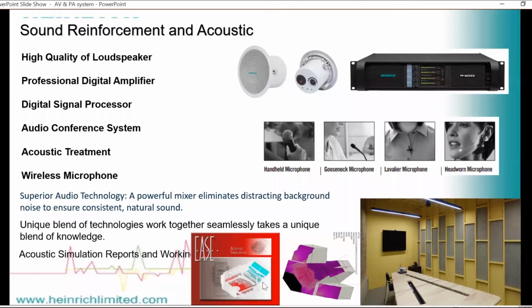We have one software that is called EASE. Before the execution, you can get the values of the SPL the speakers are producing, and any kind of reflection we are getting. You can calculate through this software. What we do in this software, we make the conference room architecture. We put the type of materials on the walls and the ceiling. We place the speakers and we calculate the different technical parameters like SPL value and your reverberation time,